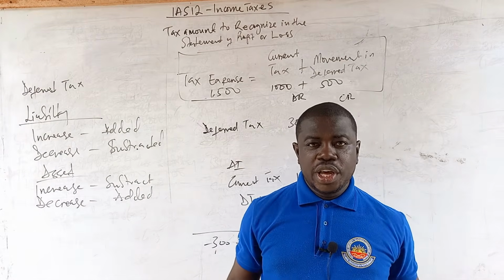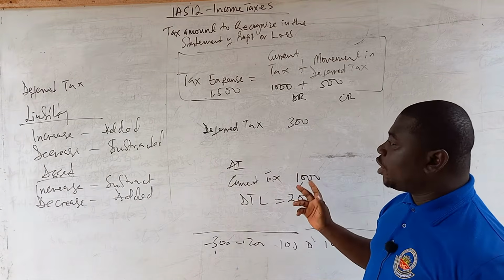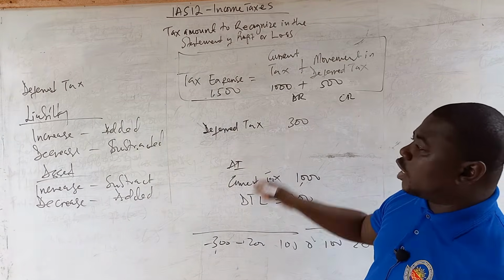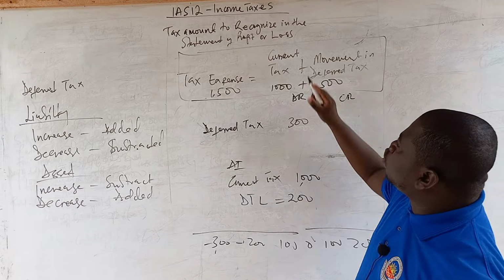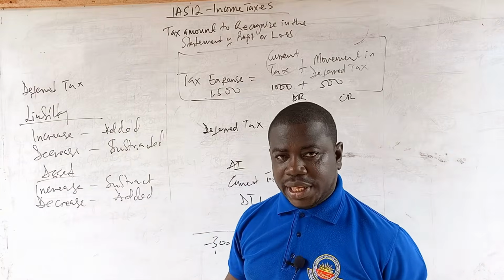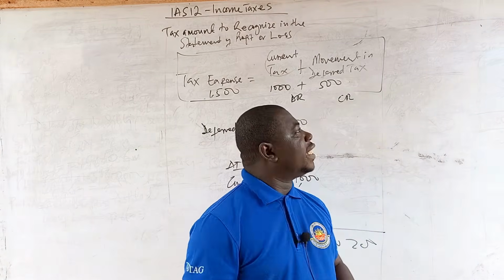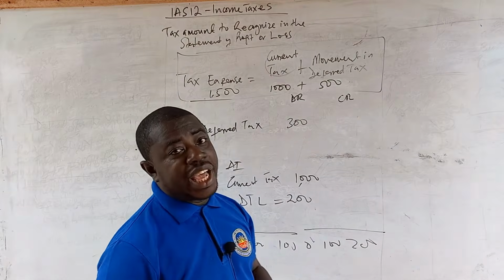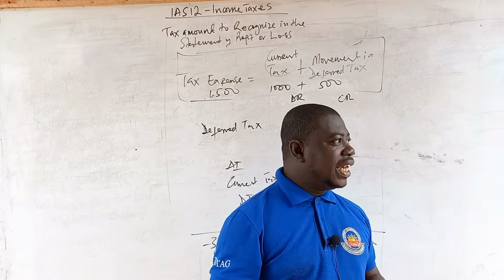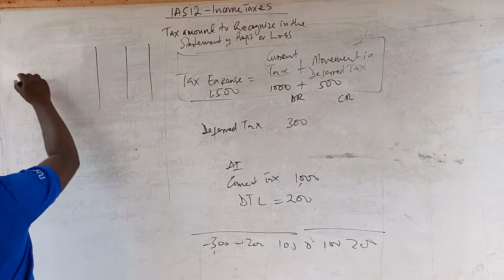So that is not all. There is one more thing to talk about before we finish with these estimations. Now that we've understood the movement in deferred tax, let us also talk about the current tax itself. So I'm going to clean this side to talk about the current tax itself. What you have to understand is that the current tax itself could also be adjusted with prior year taxation. Now, you could have in the trial balance current tax,